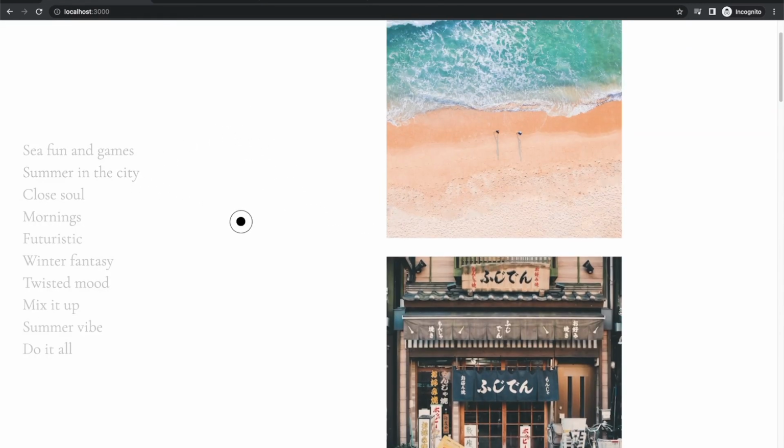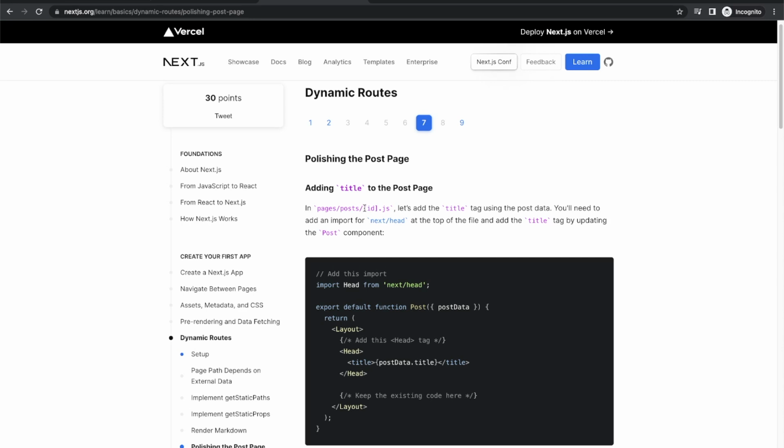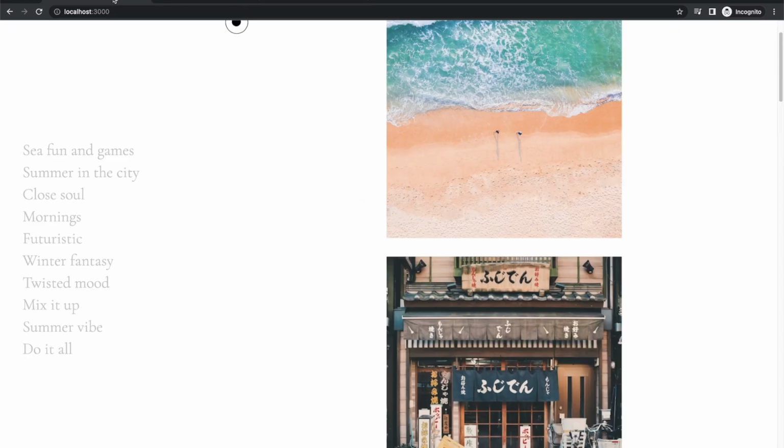So that's mostly with the structure of the layout on the home page. Now let's go and create the dynamic page and style it when we hover on one of the items. The structure is in the following way. You have this format, so brackets and some ID. In our case, it's gonna be slug or an ID or a route or something else, and this is the path to that ID. In our case, we're gonna have